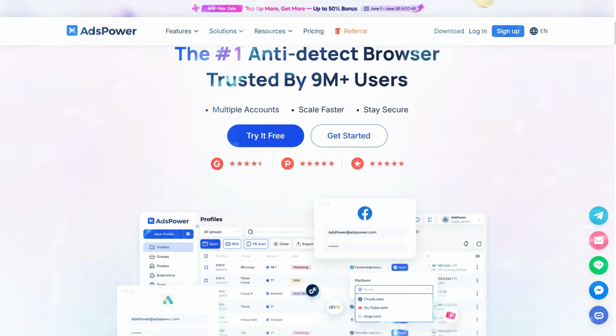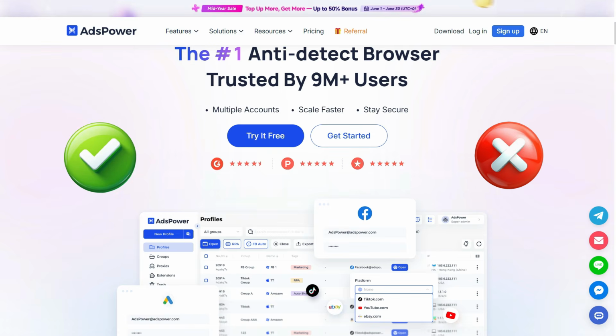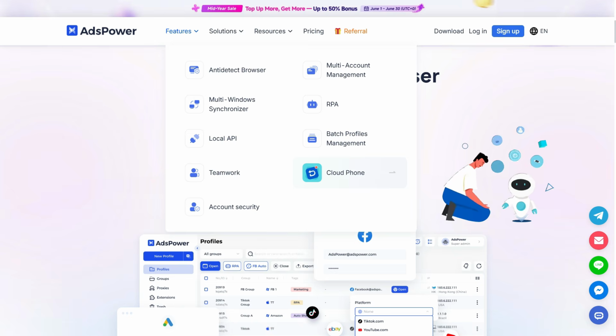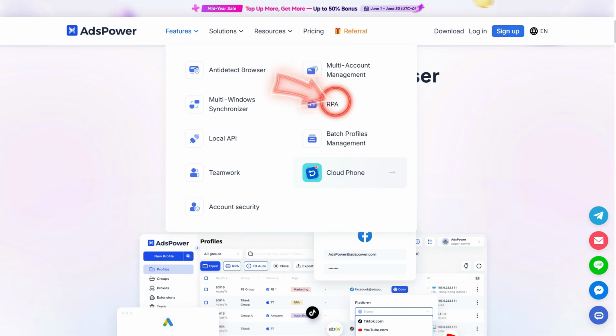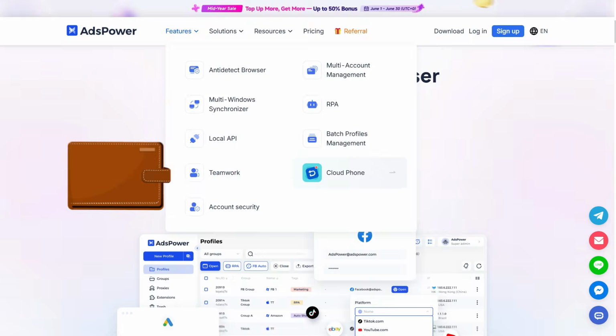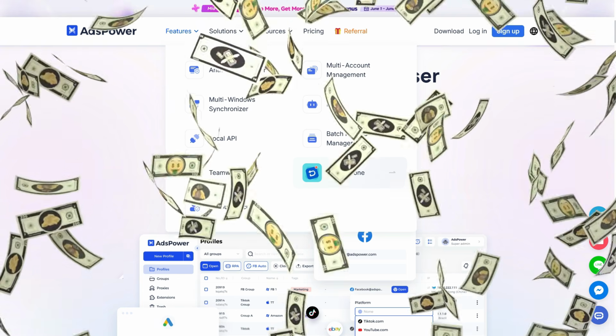Now, let me give you the honest pros and cons before we get into the tutorial. On the plus side, the automation depth is genuinely unmatched at this price. The no-code RPA and the synchronizer just are not available this cheap anywhere else. It's very affordable, 5 to 25 times cheaper than comparable tools.